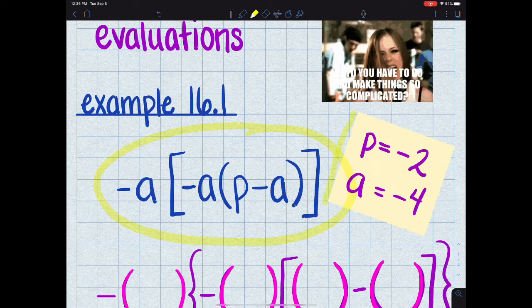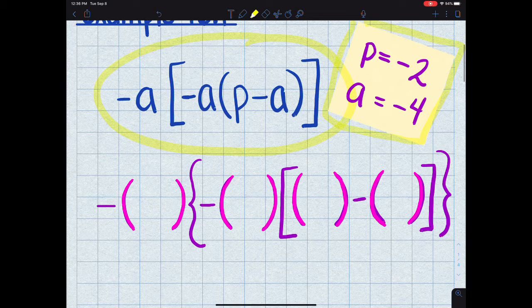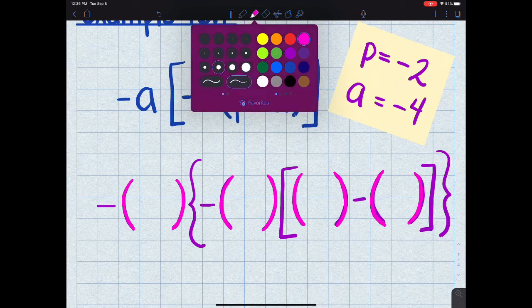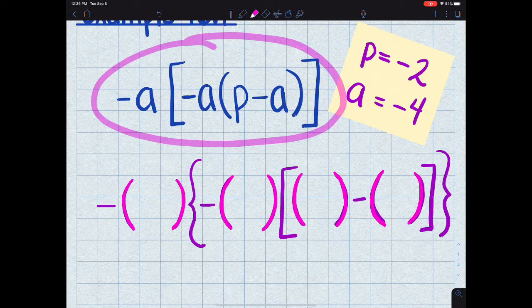Okay. Alrighty, so if you have an equation that looks like this, and then they tell you to put in p equals -2 and a equals -4, then what they want you to do, because this is going to get really complicated really quickly, is to do it first by putting in all the parentheses and brackets. So basically, you rewrite this thing and make it look like this, and just leave out the P's and the A's and just put extra parentheses and brackets. So these parentheses right here, let me show you, P minus A is actually this,